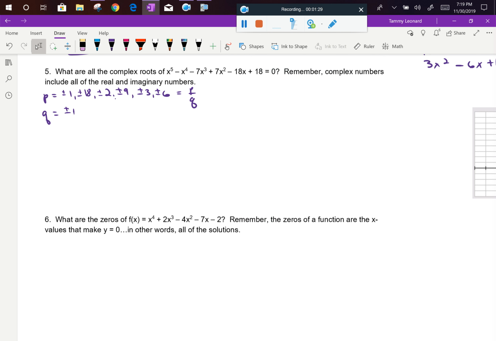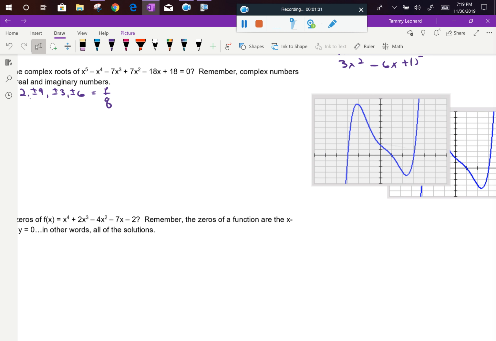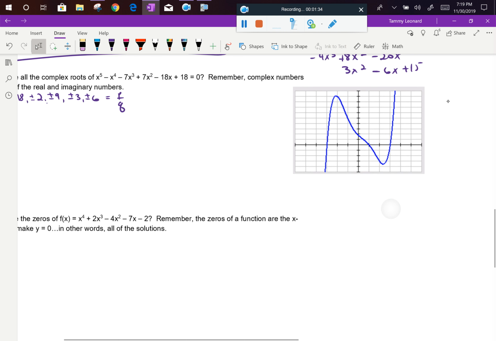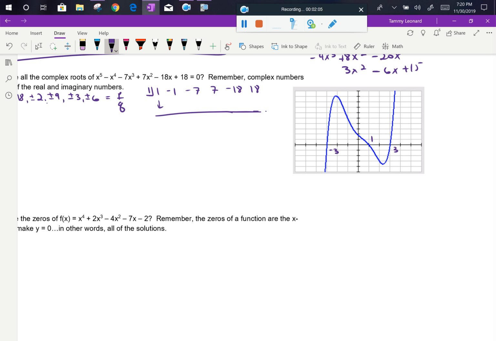So if I take that graph and I put it right here, I can use my little cheat that it looks like we're dealing with -3, +1, and +3. Personally, I would start with +1. It is the simplest thing to divide by. So as we're setting up our synthetic division, we're going to be able to start with an easy number. So I would say 1, and I would pull my coefficients of 1, -1, -7, +7, -18, and +18. Doing this synthetic division,